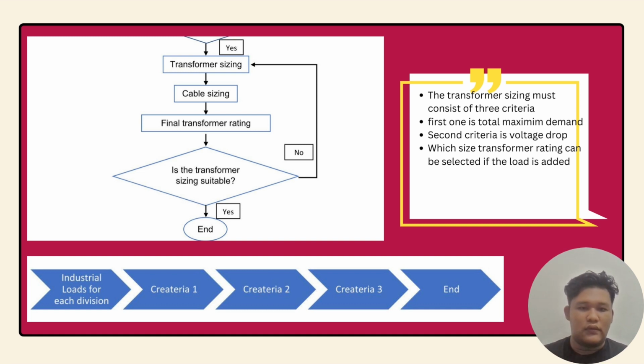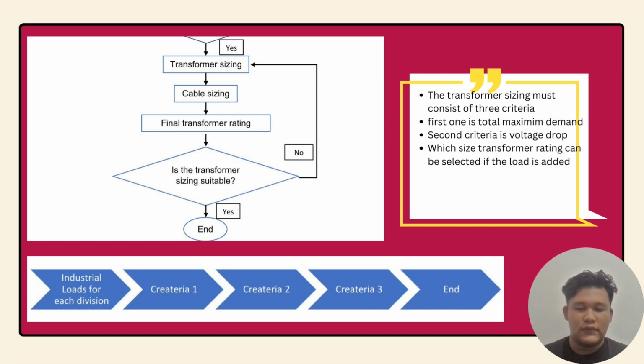The transformer sizing must consist of three criteria. The first one is total maximum demand, the second criteria is voltage drop, and the transformer rating can be selected if the load is added for the third criteria. And this is the table for